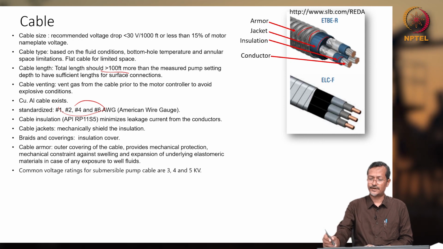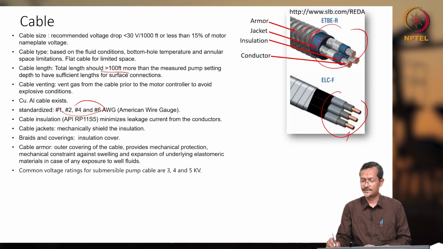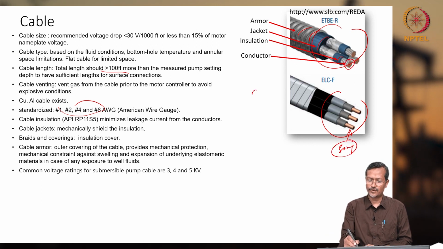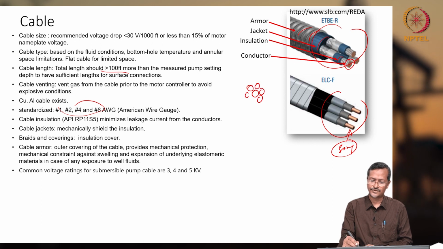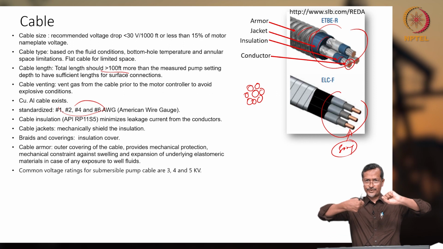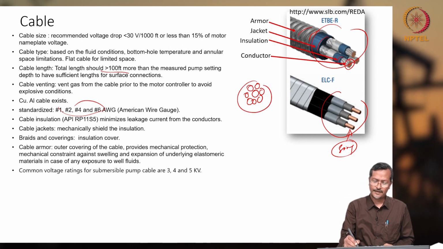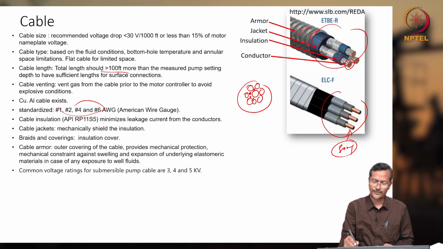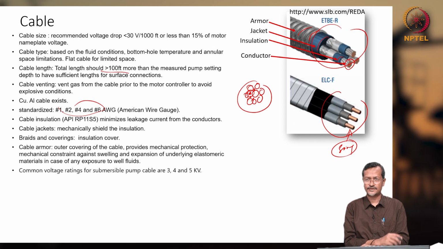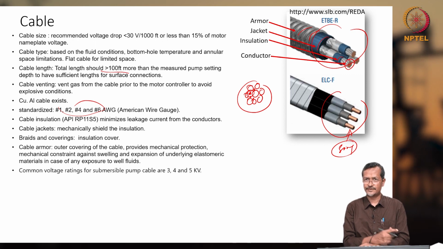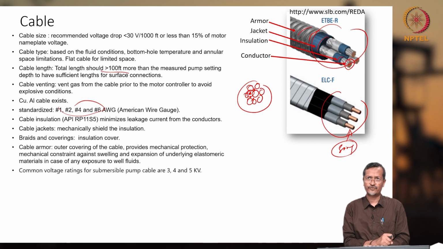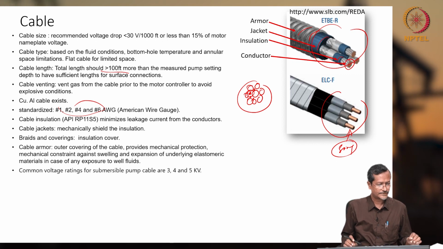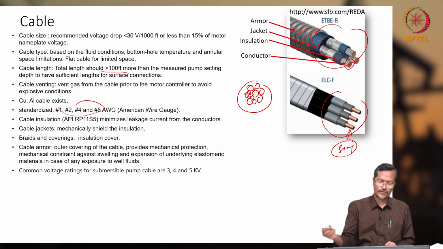Common voltage rating for submersible pump cable is 3, 4 kV. This is one circular cable, this is one flat cable, this is single rod, this is multiple rod, and multiple rods are normally arranged like this. This is called a strand. Sometimes the strands will be just twisted, and in between there is a gap. Because it is circular in shape, some gaps will be there in between, and those gaps will be carrying your gas. So that is the problem. The single strand is okay, but single strand will be more stiff, while multiple strand is more flexible. Already you have seen the formula for